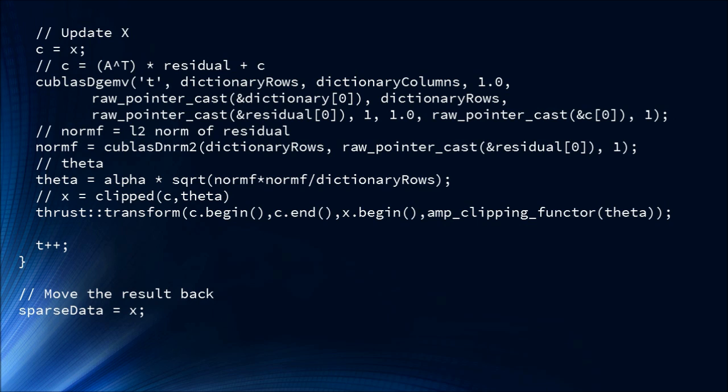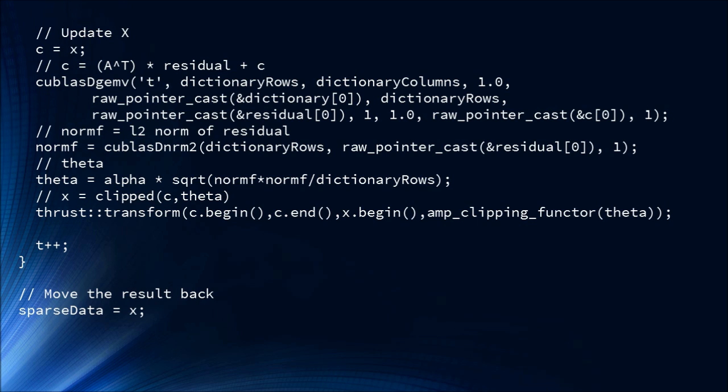I also highly recommend you put comments in, what is the equation this next line of code does. Not everybody remembers CUBLAS D gem V. T is the transpose matrix multiplication. So it's helpful to have those little reminders in there in case you don't deal with this every day. I will say on a space mission you wear a lot of hats, and not all of them involve multiplying matrices, so it's good to leave yourself some breadcrumbs.